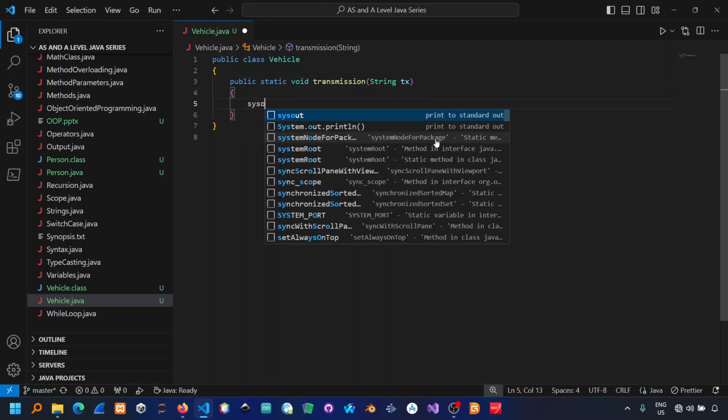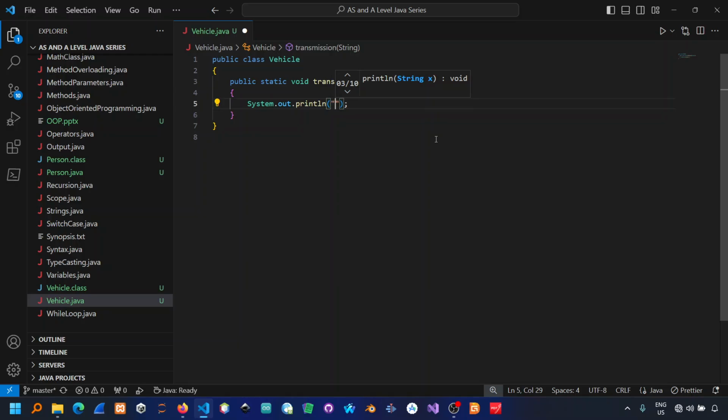Then we simply want to sys out the vehicle. The vehicle is, then we specify the transmission, whether it's manual or automatic. So whatever the variable we pass in there, we are going to put it inside of tx there. Alright, so let's actually go ahead and demonstrate the concept of